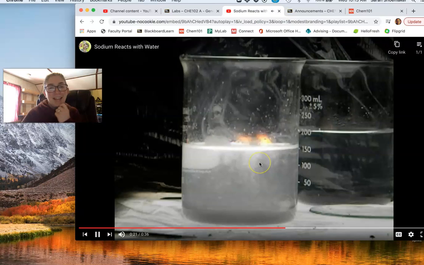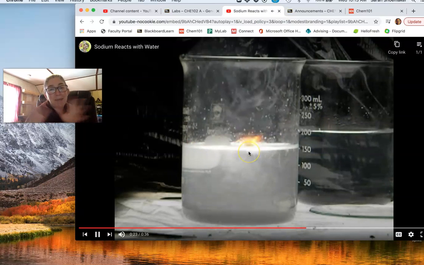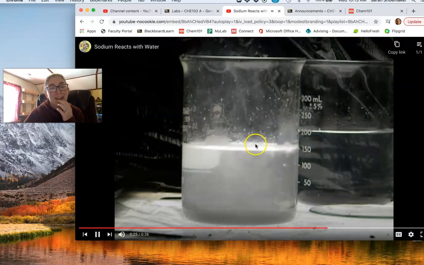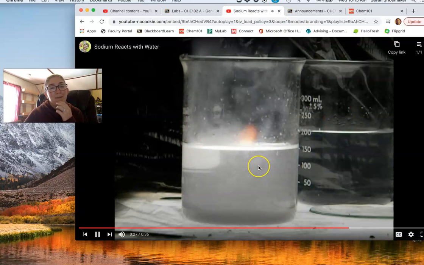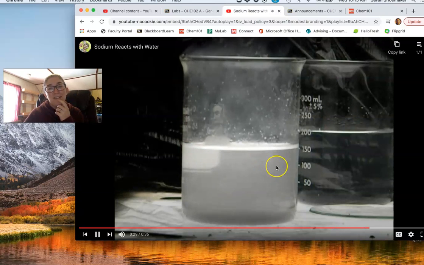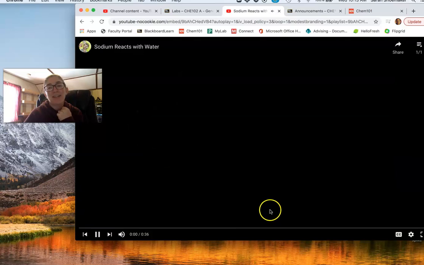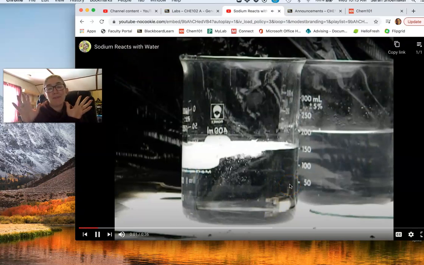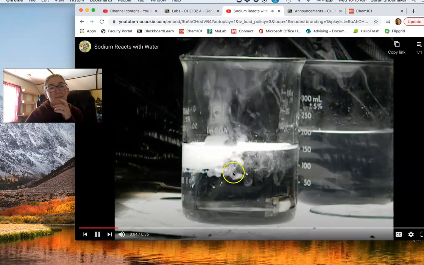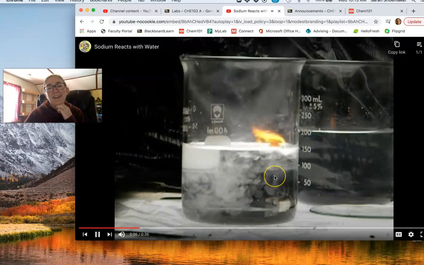When I have done this in lab before, sometimes the little popping at the end is so explosive, it actually explodes the beaker. So you always have to do this in a chemical hood. Be very careful because this is a strong base, sodium hydroxide. So if it explodes and goes everywhere, I've watched other demos on YouTube where